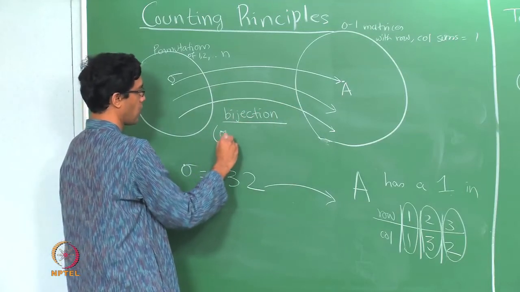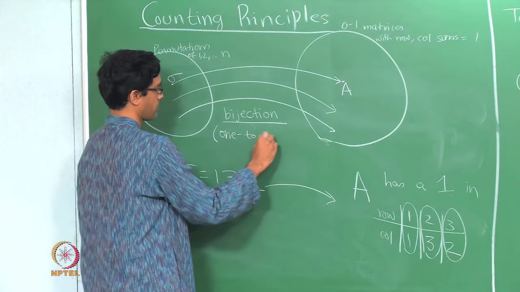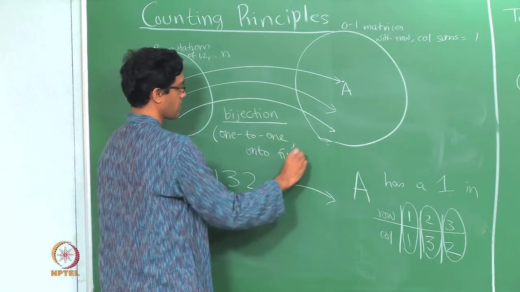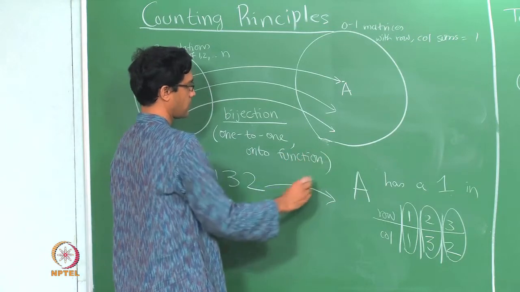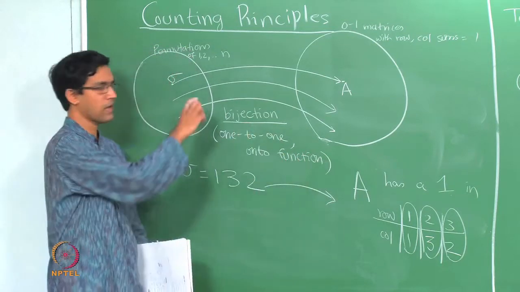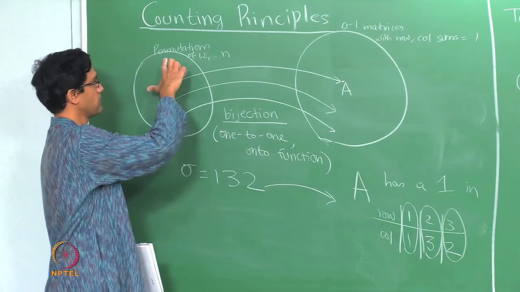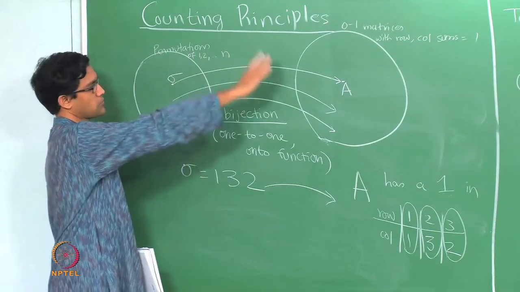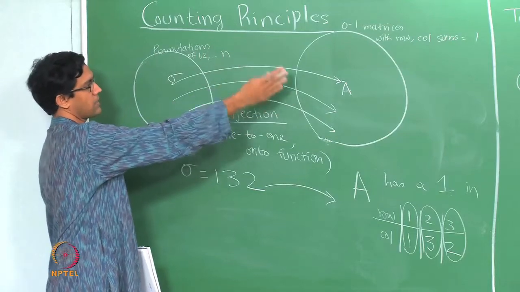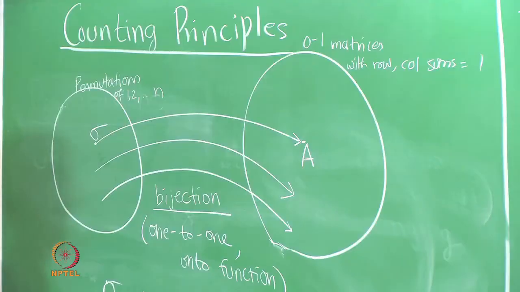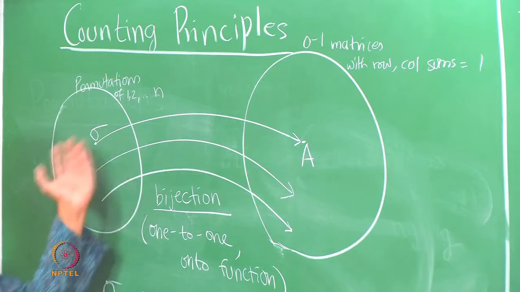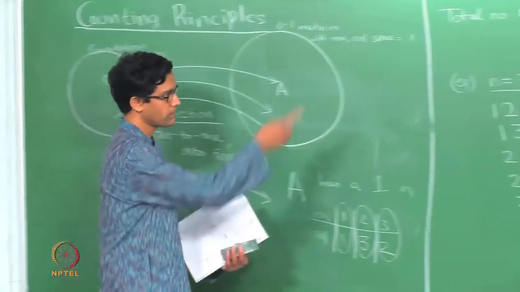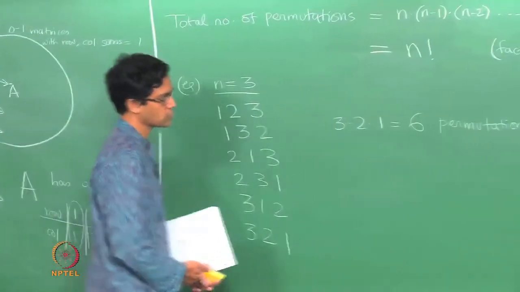So this is a 1-to-1 and onto function. But more simply stated, all it is saying is that you have a correspondence between elements here and elements there. Every element here corresponds to something there, and similarly every element there corresponds to its inverse. So when two sets are in bijection, they of course have the same number of elements. So the number of matrices which has that property is exactly also n factorial.